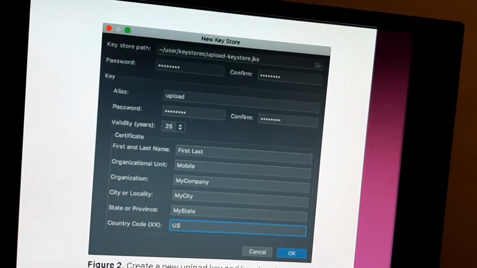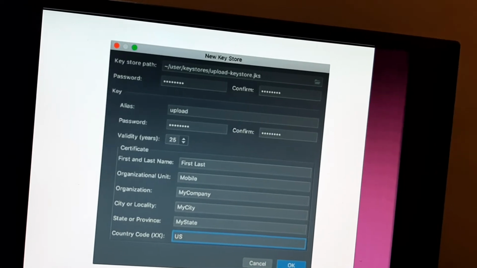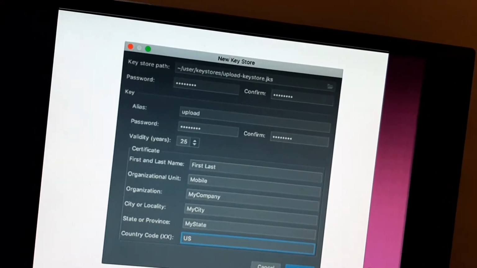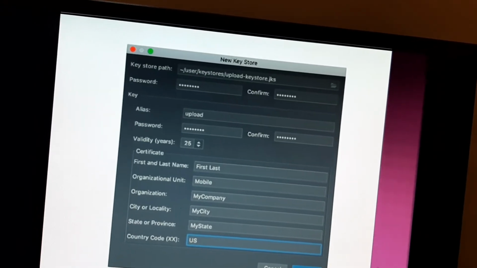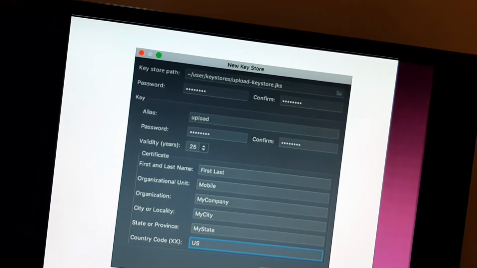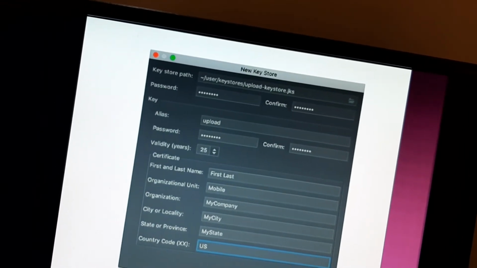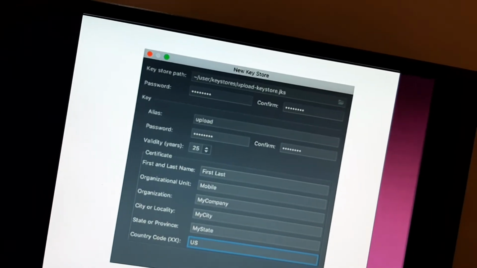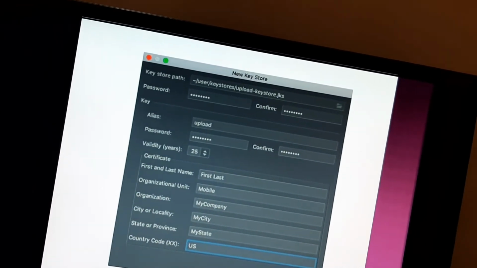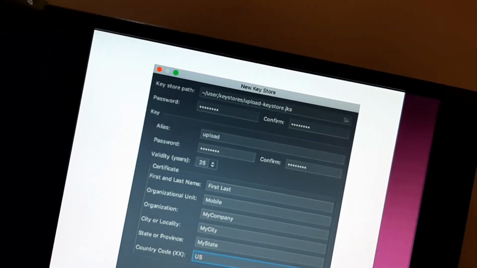Okay, now sign your app with your key. If you already have an upload key, use it to sign your app. If your app is already signed and published to the Google Play Store with an existing app signing key, use it to sign your app and make sure to encrypt and export it to enroll your app into app signing by Google Play. You can later generate a separate upload key and register your upload key's public certificate with Google Play to sign and upload subsequent updates to your app.